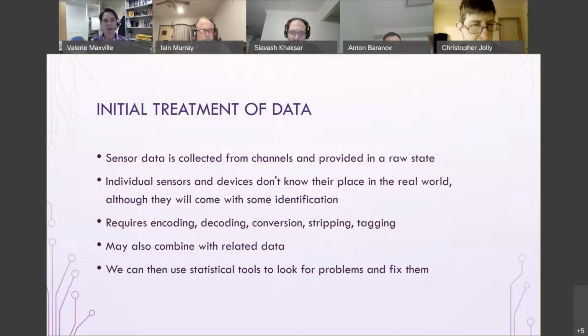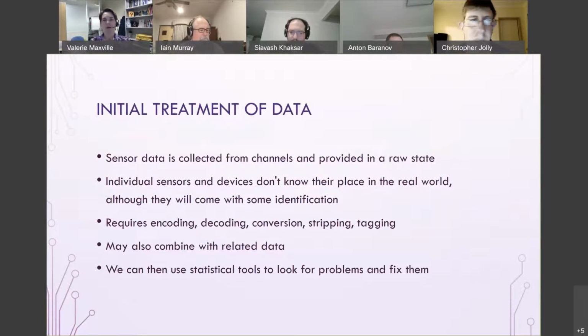So we've got all of that data coming in from our channels and it's coming in a raw state. This was covered in the earlier module. So the sensors themselves, they don't know where their data is going. They're not aware of their part in your project. So you need to be able to tag them up and keep track of what information it is that you actually want because you can send a lot of data, but that just means you've got more work at the other end. So keep it down to what information you really need, and that might mean that you encode or decode the data, do conversions,